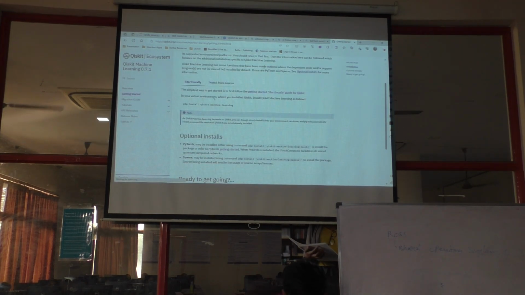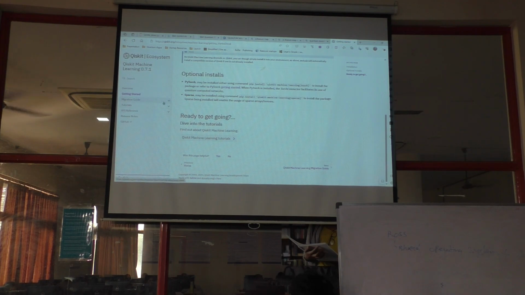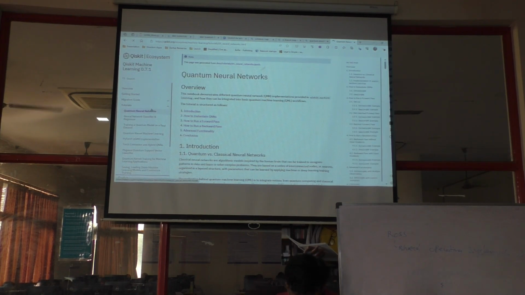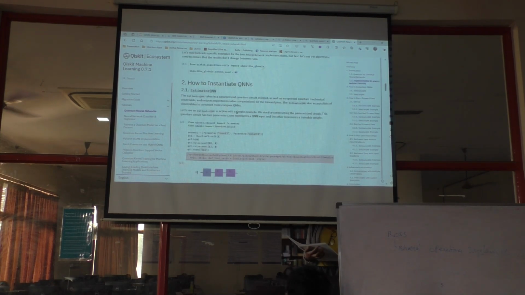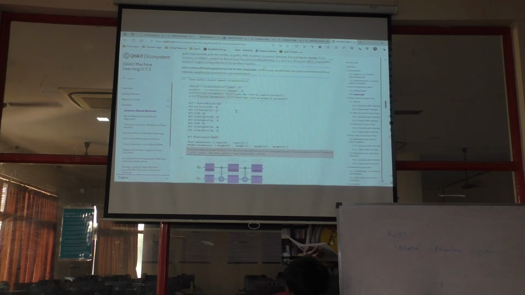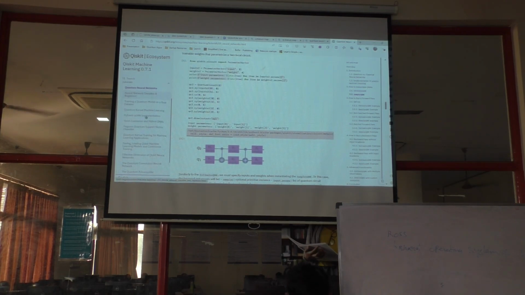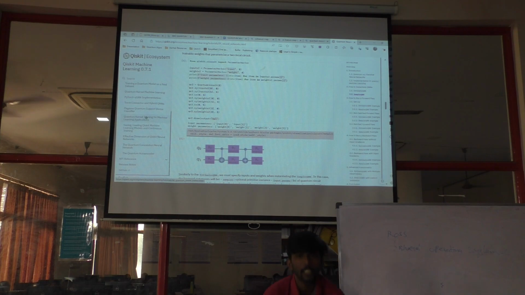So I think I can also share this, but there was a nice documentation from IBM on quantum machine learning. So again, this will all seem different at different places, right?